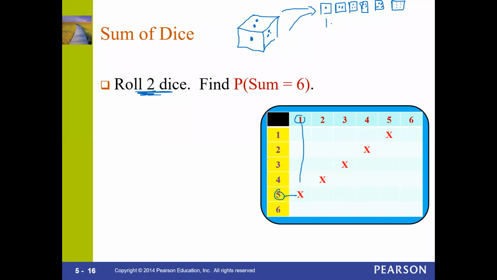Okay, this is whenever you do the first trial. Then also 2 and 4 will give you 6. So we're gonna know whatever it gives you 6. So we're gonna cut how many options we have here.